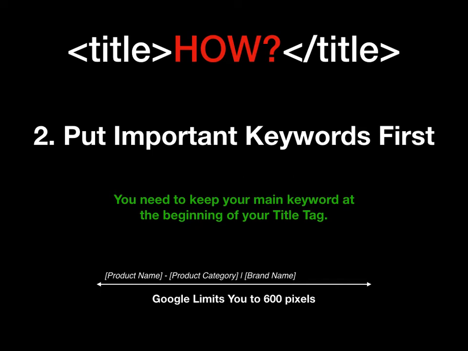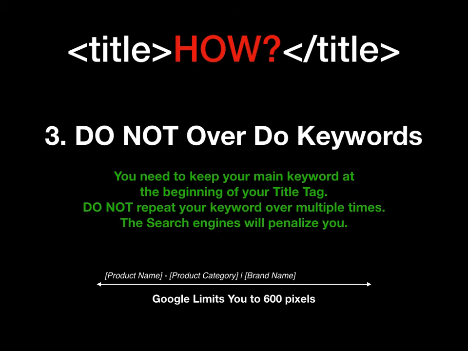So let's say it'd be like Volt Chevrolet, or Chevy Volt Cars Chevrolet. So that would be your product name, the Chevy Volt, your product category, which would be cars or sedans, I guess, and then your brand would be Chevrolet. So do not overdo the keywords in this though. Leave them at the front. So if we're going to use that same Chevy Volt thing, it'd be Chevrolet Volt, Chevrolet Cars,